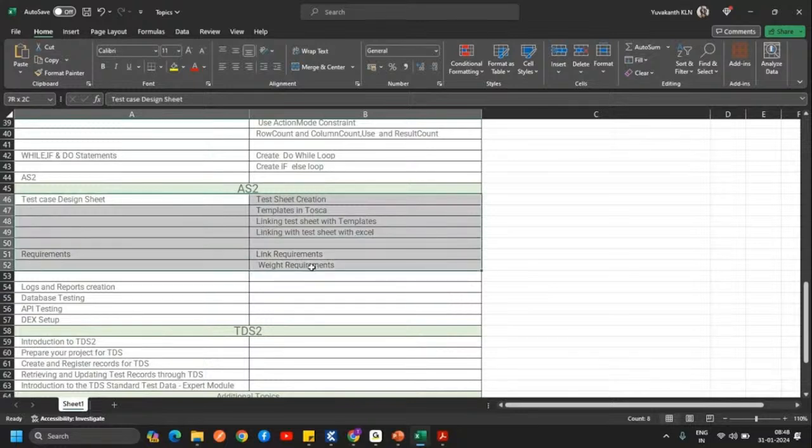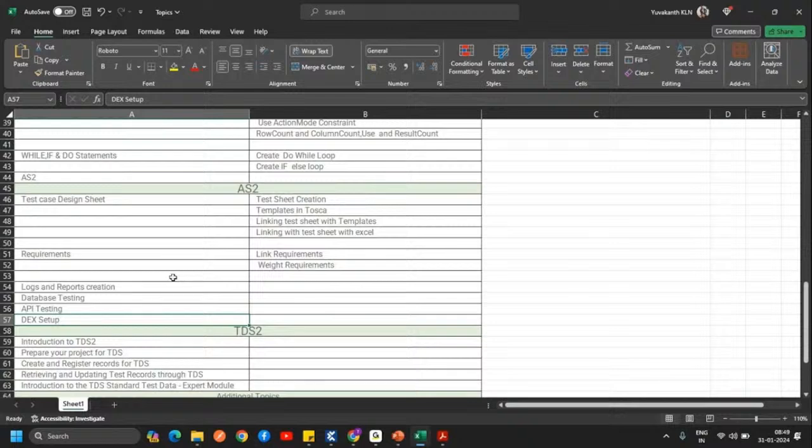Here you will also understand how to create logs and reports. We will cover database testing, API testing, and DEX setup. DEX is nothing but continuous integration. How can we set up continuous integration with the help of Tosca? All the information will be given to you in this class when we discuss DEX setup.